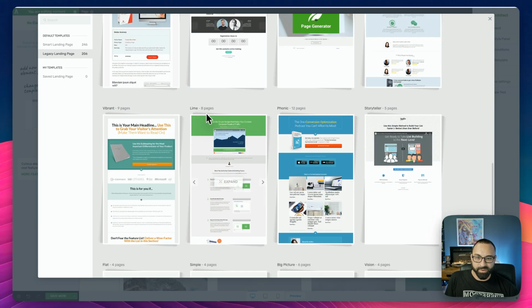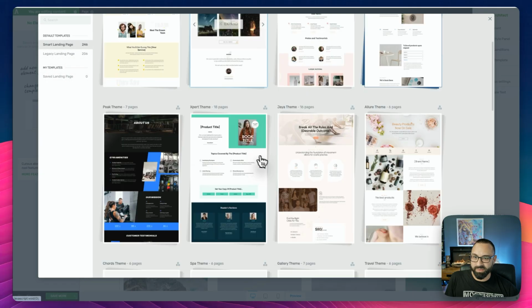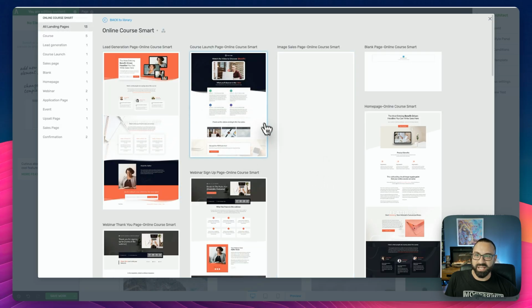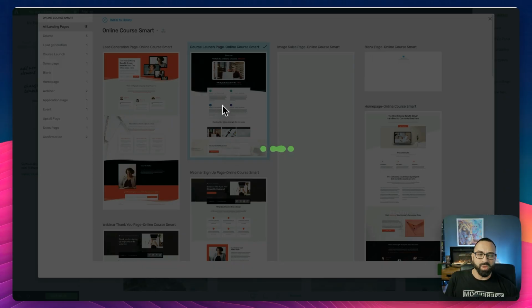Where is it? It almost looks like a school one. Maybe it's not. Maybe it's smart. Down here, this one right here. Love this one. Love these landing pages. So let's say we have a course launch page and we want to get this set up with our information. All I got to do is apply it,